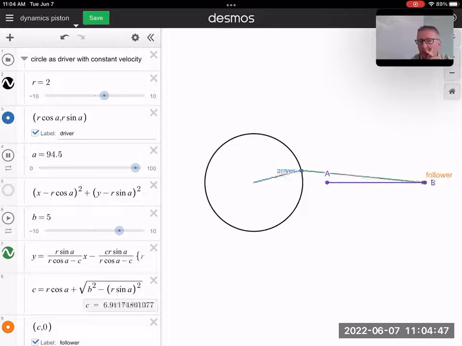So think of that blue as kind of like an electric motor. So it's spinning at a constant speed. But because of that green connecting arm, notice that follower is kind of moving back and forth. But what I want you to notice is just watch the orange dot, and I want you to consider how fast it's going. The blue is going at a constant speed. Is the orange going at a constant speed? And where is it the fastest and where is it the slowest? You notice that's kind of an interesting